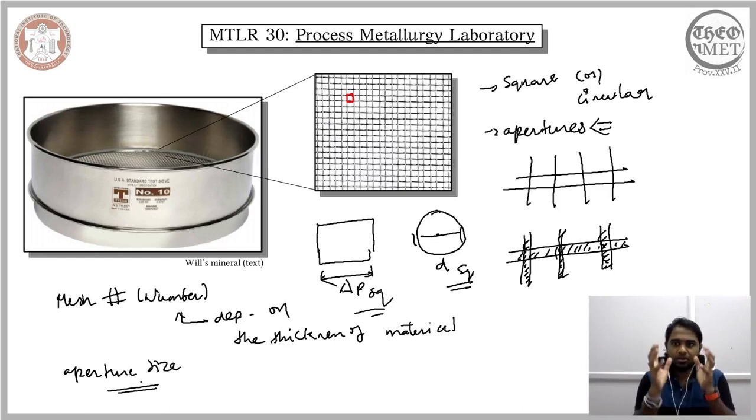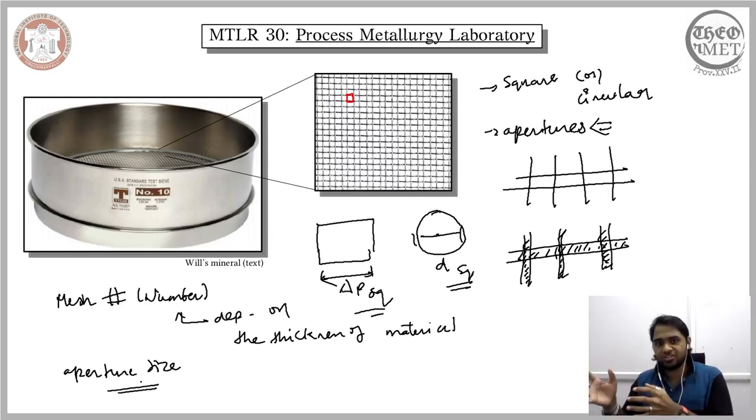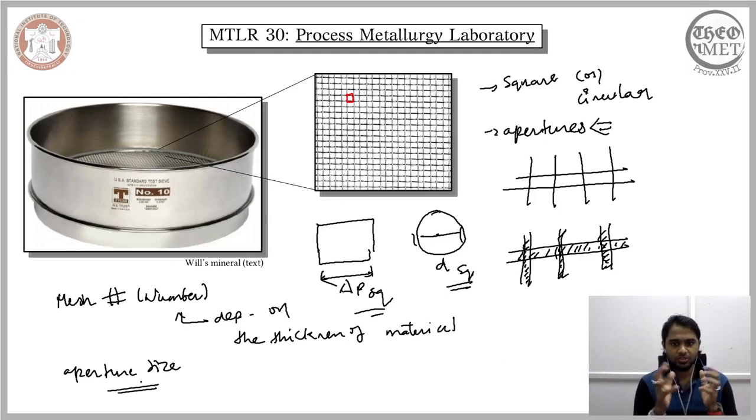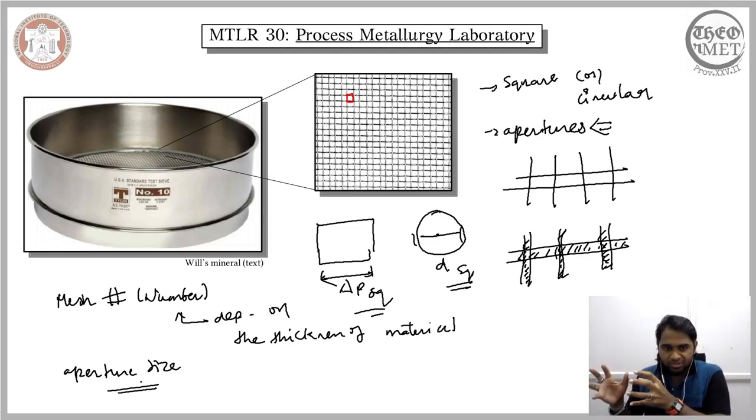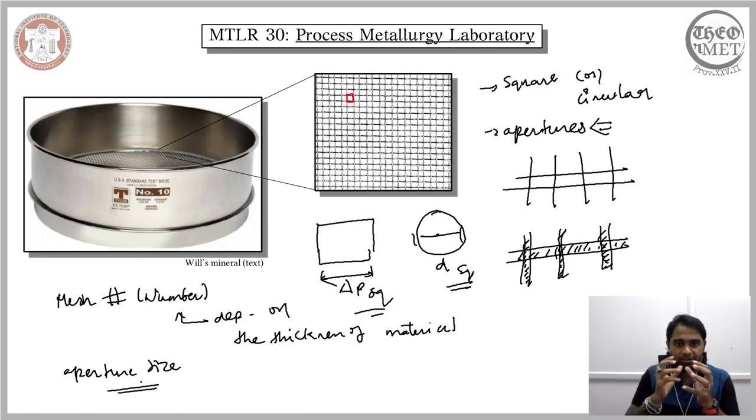the critical feature. Now in an industrial setting wherein sieves of a given form are used, sieves of given materials are used, which means that the thickness of each of these materials is fixed. So in such a setting, mesh number is still being used. So that's the reason I helped you understand what a mesh number is, because the use of aperture size is largely confined to a laboratory setting, because here we use different sieves for different analyses.